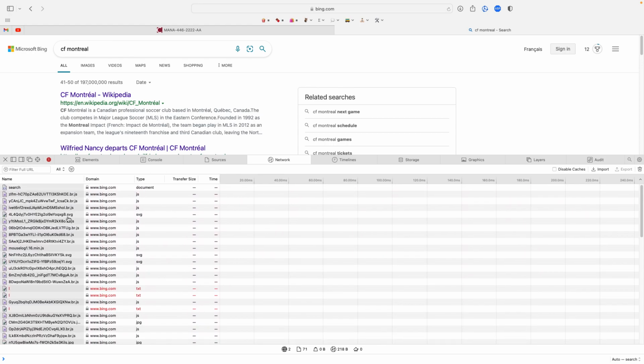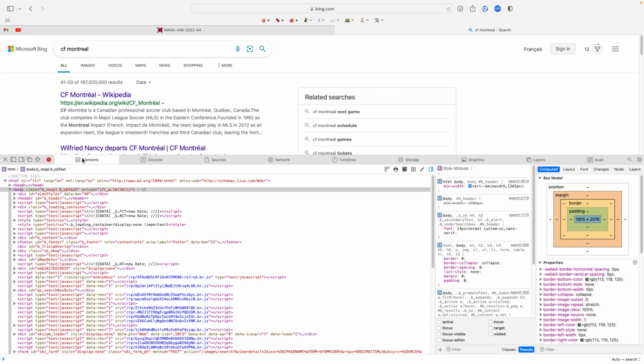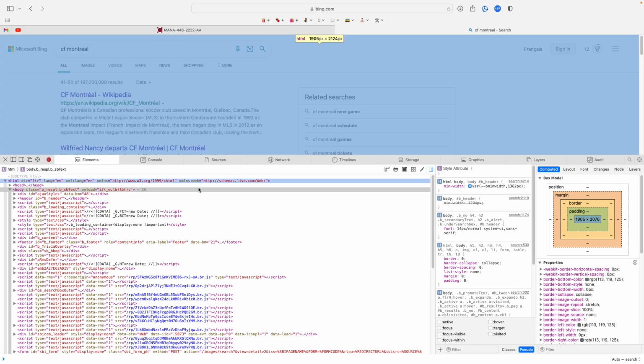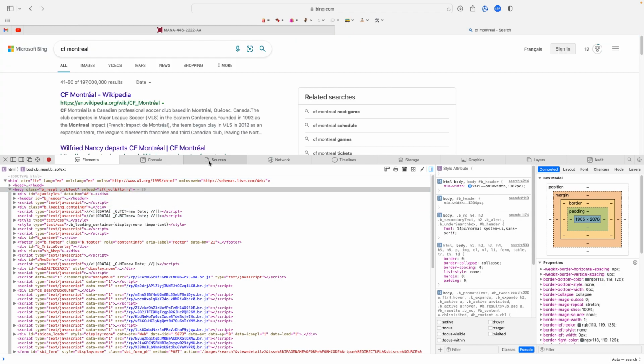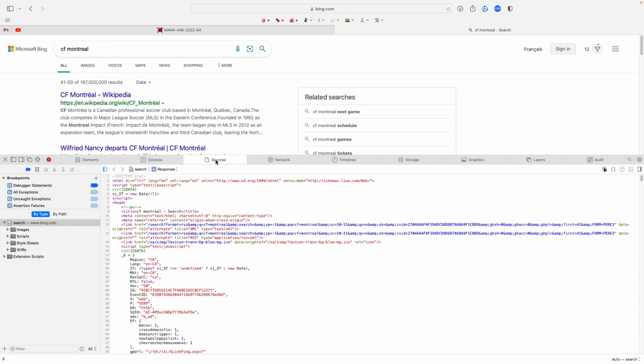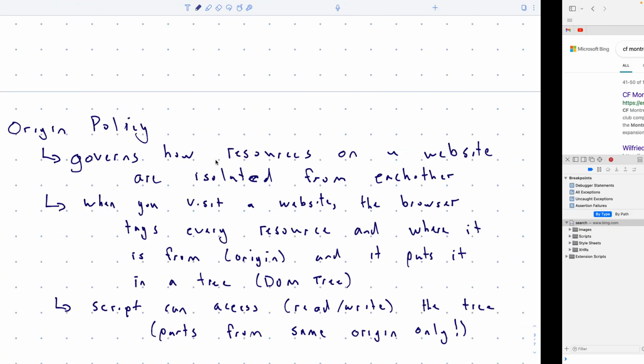And what this is actually showing me is what the browser does, which is the browser goes in and tags every resource. So it says, okay, you just loaded this SVG, this is where it came from, this is the file name of it. And it remembers this. It stores it in this thing called the DOM tree, which you can't really see very well with this. You can see the DOM tree, but it doesn't look intuitive. But anyways, it stores it in a data structure so that it can figure out later.